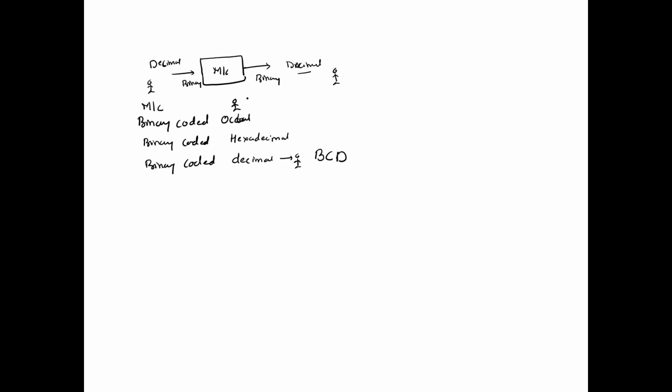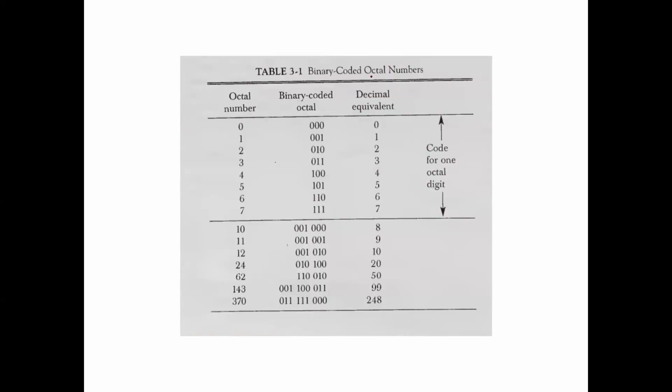So there must be a mechanism to convert this binary into any other number system that is user friendly. Fine. Now in binary coded octal number system, first list out the octal numbers from 0, that is, minimum digit starts from 0 and it ends at maximum at 7. Now binary coded, just code it, and we require only maximum 3 bits, right? So how many bits do we require? We require only 3 bits of information to represent every individual octal digit, right?